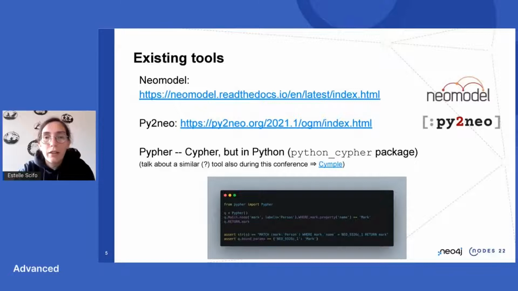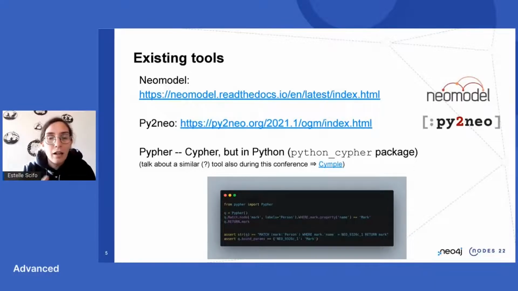So when you work with Python and Neo4j, you probably have heard about some of these tools like NeoModel or Py2Neo, which both contain an OGM part. Or, for instance, I also came across another tool in Python that lets you write Cypher queries, but only using Python. So you have an example in the terminal in this slide.